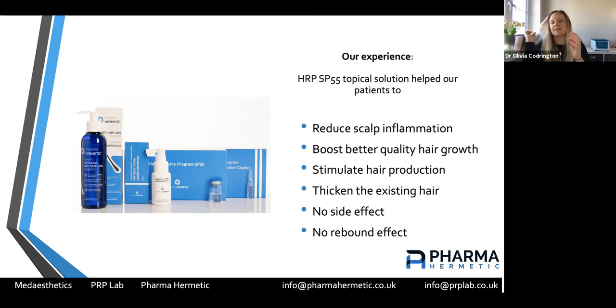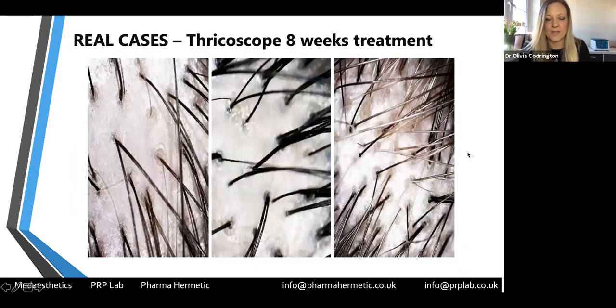So if we remember back to the beginning of the presentation, I talked about minoxidil and finasteride and the unpleasant side effects that can come as a result of them. For another product that is available without prescription, this is a very attractive looking alternative given no side effects. So this is just using a scalp magnifier